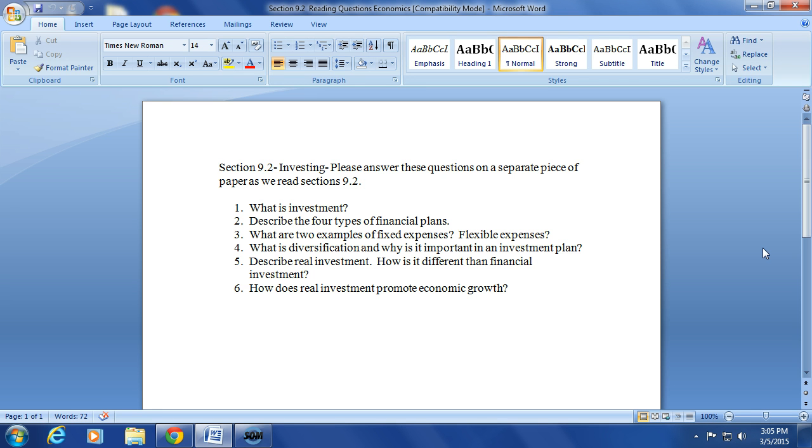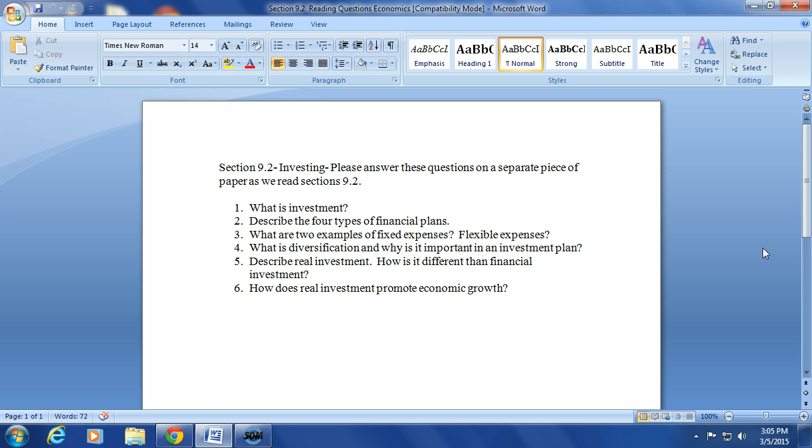Your next plan is your investment plan. Your investment plan is basically how you put your money to work. How do you invest your money? Do you invest it in stocks, where you basically are buying partial ownership of a company? Do you invest it in bonds, where you are basically buying a company or the government's debt for a return? It's important with an investment plan that you have diversification, meaning you choose a variety of investments, and we're going to talk about that a little later.